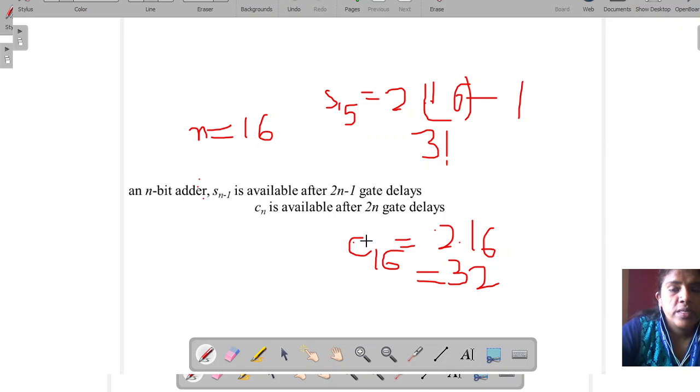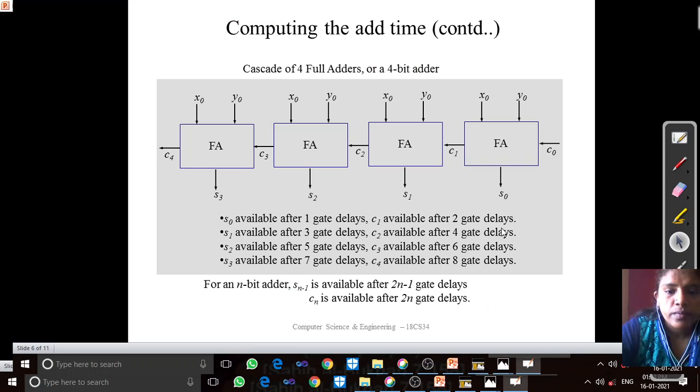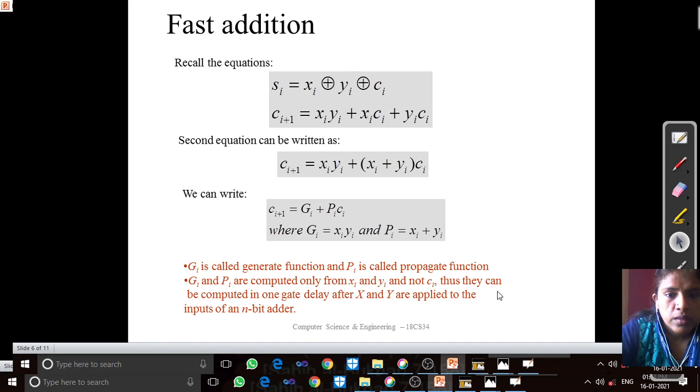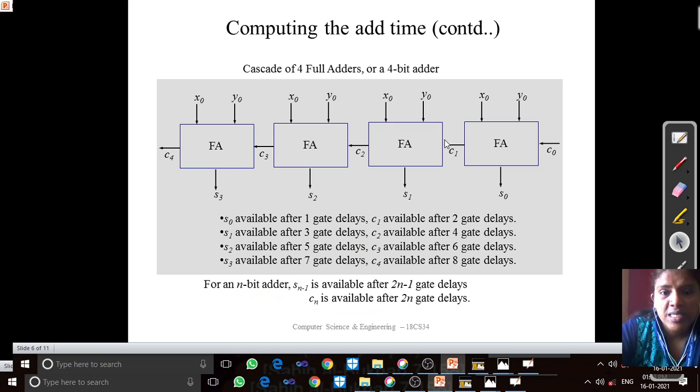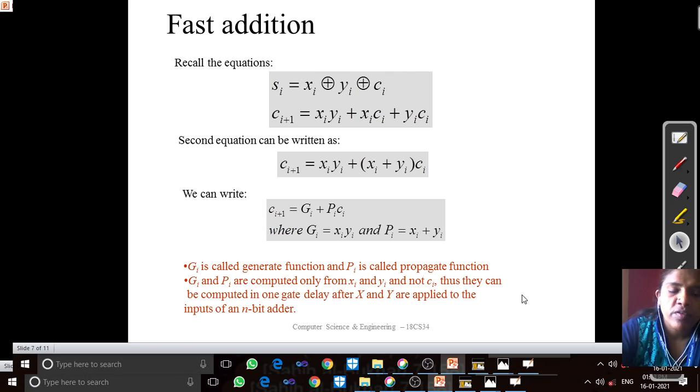Okay, now we'll see this. How do we perform fast addition? The main drawback of the previous circuit is the intermediate carries C1, C2, C3. Now if we design a circuit in such a way that these intermediate carries are omitted, then the final circuit obtained is obviously the fastest circuit which can perform the addition.